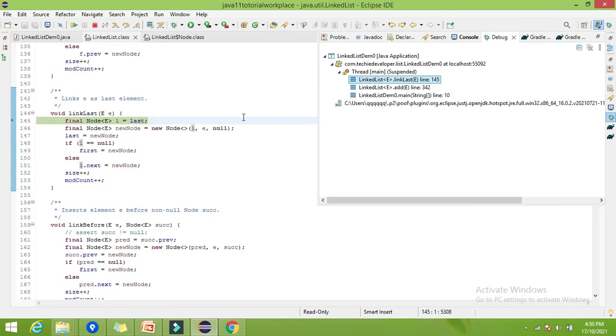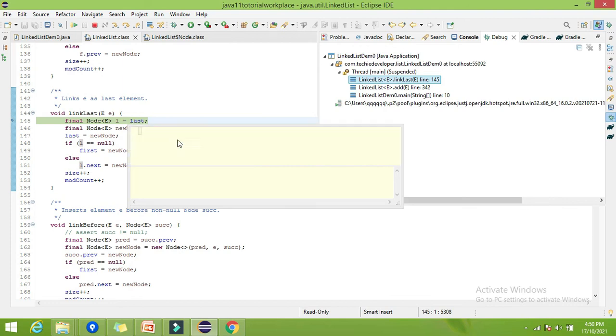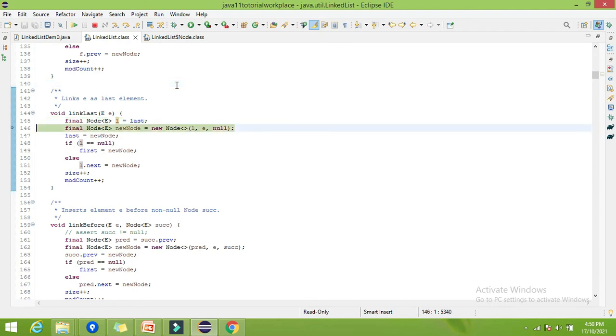What is the last now? Because we have added abc earlier, last will be abc. Here you can find abc is the last element, which has next as null and previous also null. Now we want to add the new element, that is pqr. So let's create another node with last as the previous. Of course, for pqr the previous will be abc.